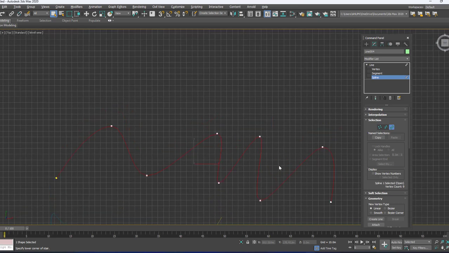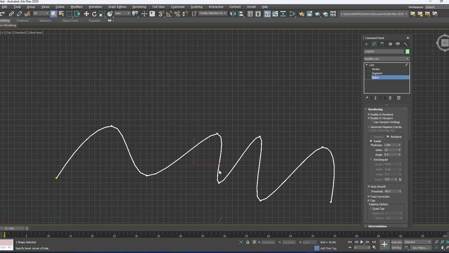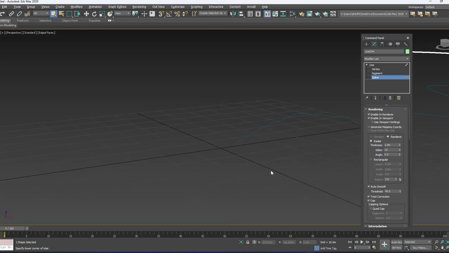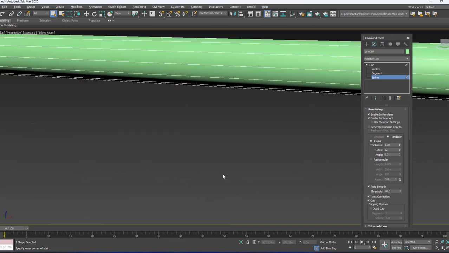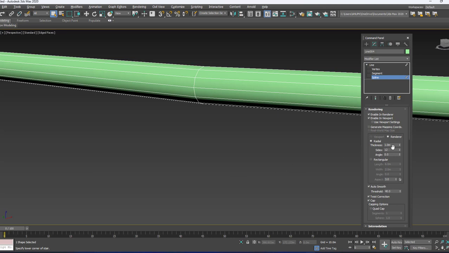Next we have the rendering option. Expand that option and then click on enable in renderer and enable in viewport, so that you will get some thickness. Have a look in the perspective view. So this is how you get the thickness to that spline. Then you can increase or change the parameters of that thickness like this.